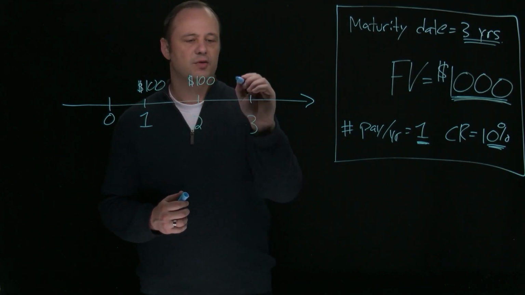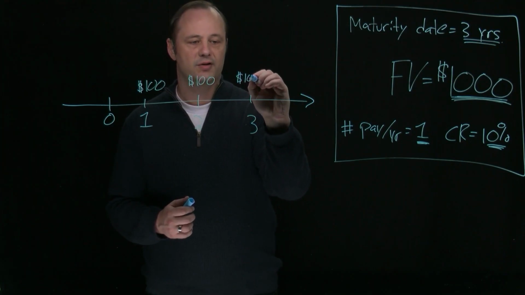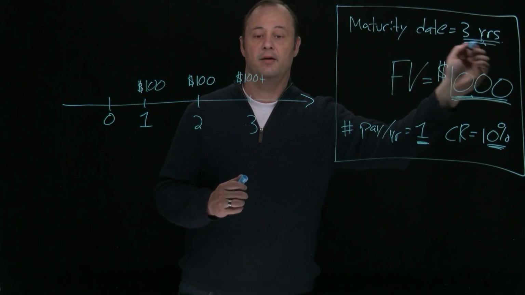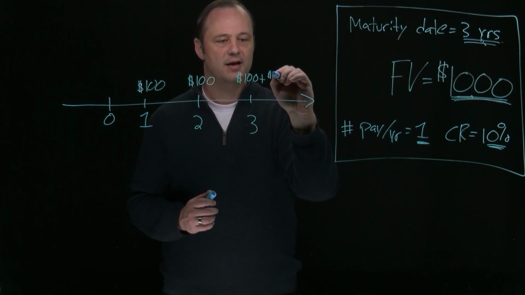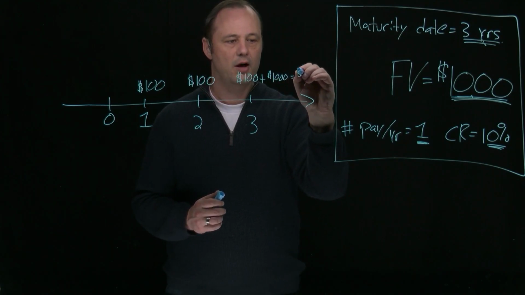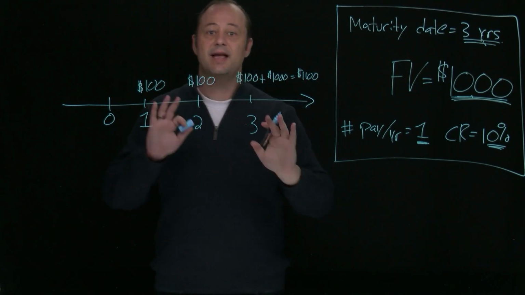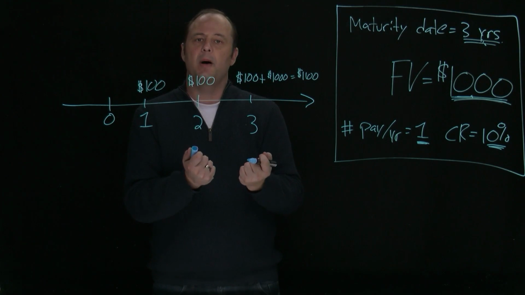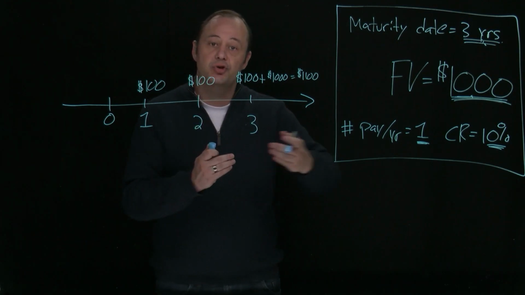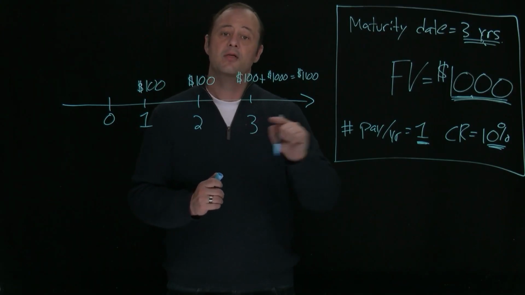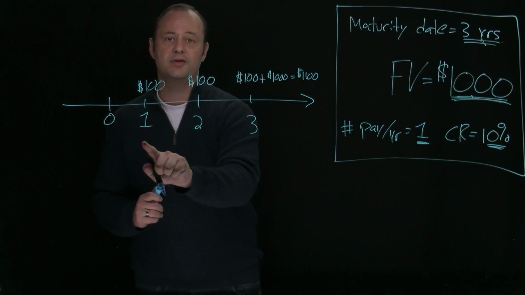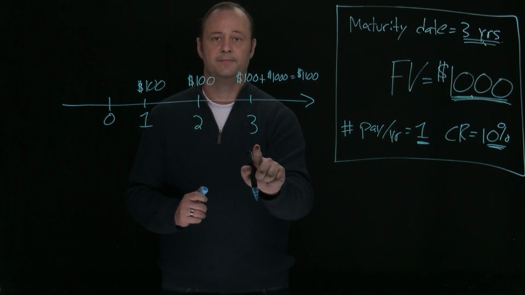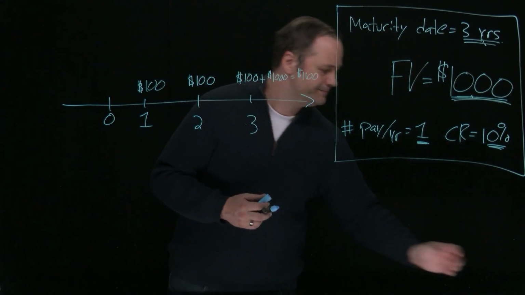3 years from now, what's going to be paid? Another $100 plus the big face value payment at the end because we've reached maturity. So 100 plus 1,000, so that's a total of 1,100. So stepping back, if you received this bond from IBM, you're holding this bond, you're the bondholder, you're entitled to the following stream of cash flows. IBM is promising to pay you $100 in 1 year, another $100 in year 2, and $1,100 in year 3. All right, back to our slides.